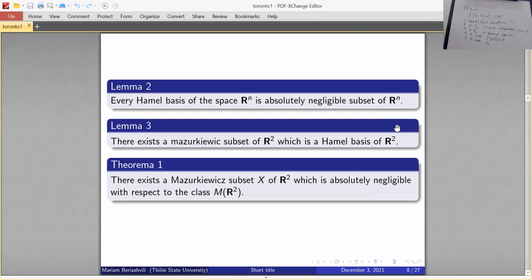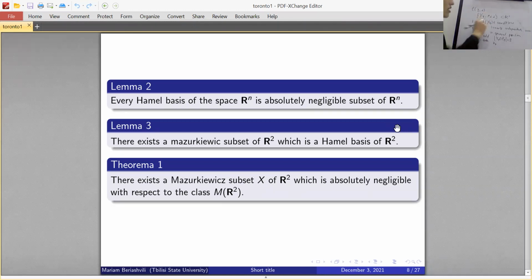I will not write this. The last condition is that the point ζ_ξ should belong to the linear hull of the set Y_ξ. Okay, I have constructed such an alpha sequence of subsets of the plane, and now I try to show that